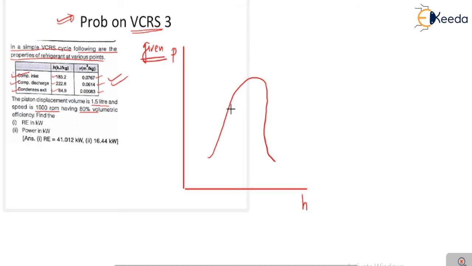Okay, so this is your pH scale, and this is your VCRS cycle. Is it right? The VCRS cycle is just like that. You have to also study it in the previous lecture. This is process 4, this is your process number first, this is your process number second, and this is your process number third, and in an anti-clockwise manner the cycle is going to circulate. Now this is the evaporator zone, this is the compressor, this is the condenser, and this is your throttle valve. Is it right?